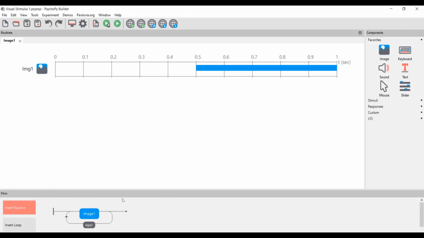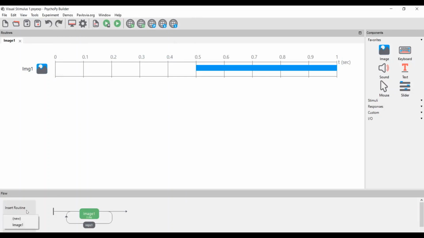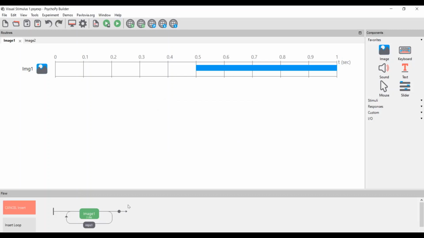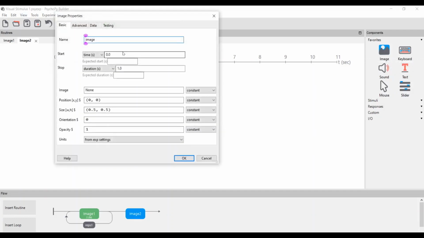Now let's say I want to generate a red ball as a deviant, or rare stimulus, after 4 blue balls. So I first have to change the number of repetitions to 4. I need to define one more routine, the deviant or second image. I should also define at what time I want that image to occur, and tell what image 2 is. The same way I defined image 1, I have to define image 2.